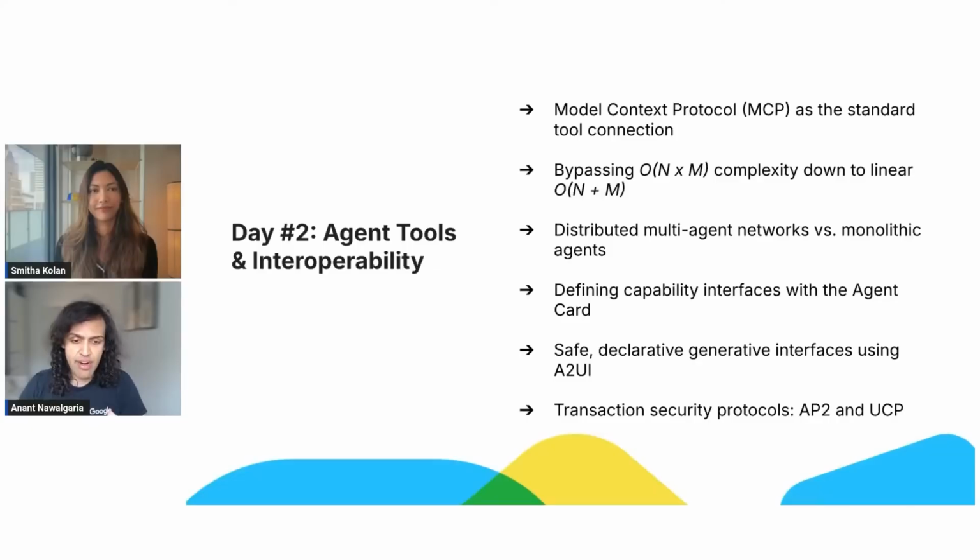Finally, we cover autonomous commerce. We also talk about the Universal Commerce Protocol, or UCP, as it's well known, and how it helps agents build shopping carts, while the Agent Payment Protocol, or AP2, acts as a secure payment gateway, applying strict human-signed mandates so your agent never overspends, or minimizes chances of overspending.